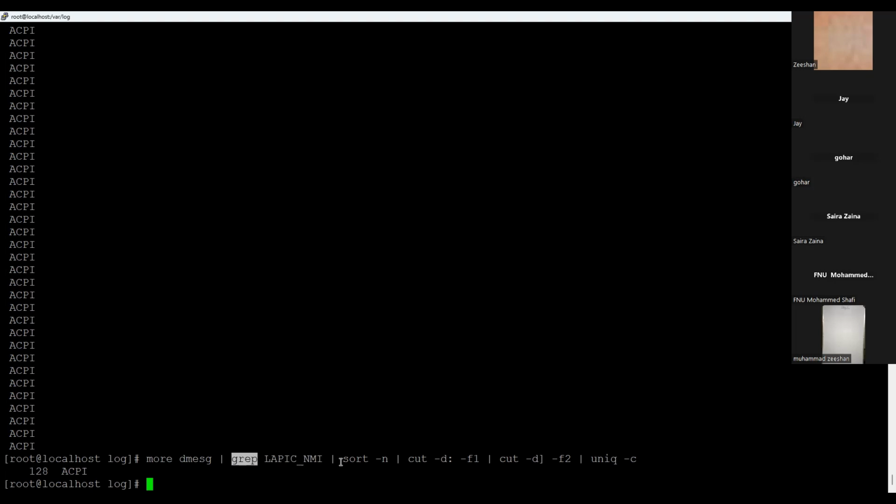Okay, sort -n, it will sort. Whatever the output is, I can go with the pipe sign again and sort it with sort -n, which is pretty much the default. Okay, I am done with the sorting. Then again the pipe sign, I want to take out some field, maybe field 1, maybe field 2. Let's say, I don't know, if I go with field 2,